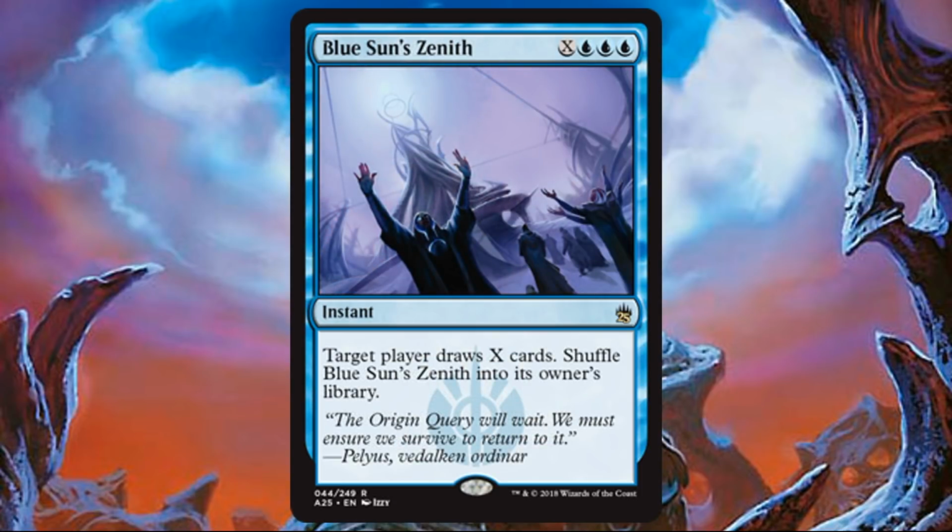Blue Sun Zenith. Really, really good draw spell here because it's at instant speed. It's going to cost you a little bit, 3 blue, so you have to be pretty dedicated to blue. You want to at least probably be in a 50-50 blue build with another color, or maybe 60-40 blue might be okay. But once you start getting too low in blue, this might get difficult to cast. Make sure you can swing the casting cost, but if you can, run this card because it's going to be